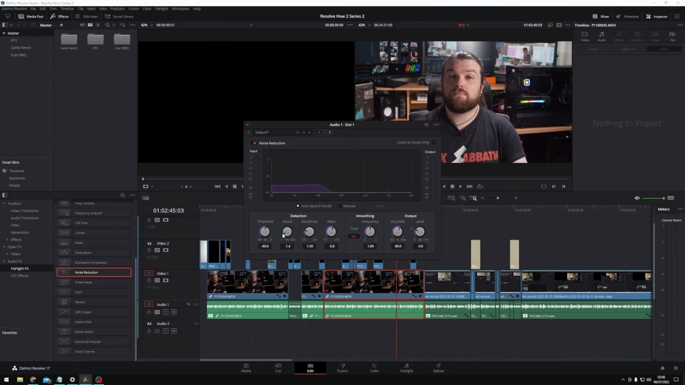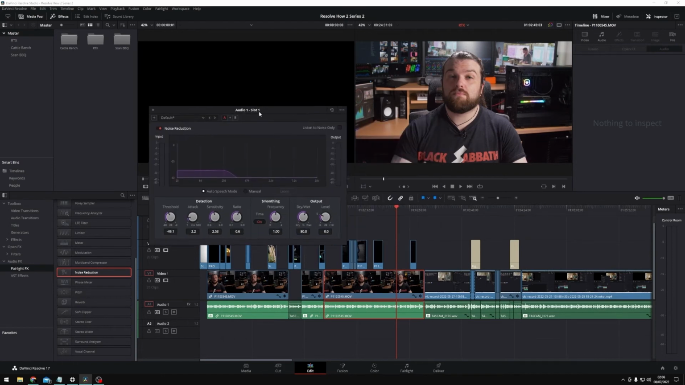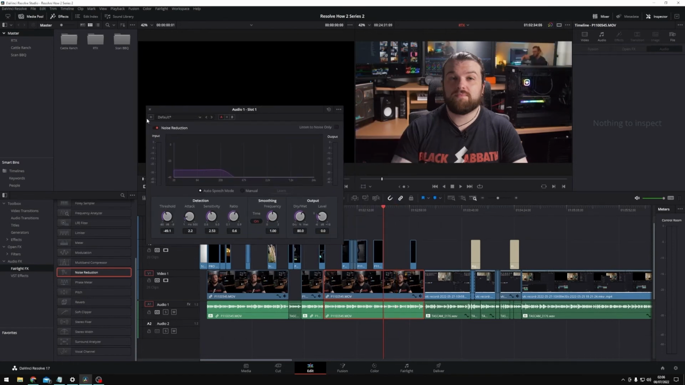So any changes I make in this plugin window are now going to apply to all of these clips in the timeline. So again, if I hit play and toggle the plugin on or off,